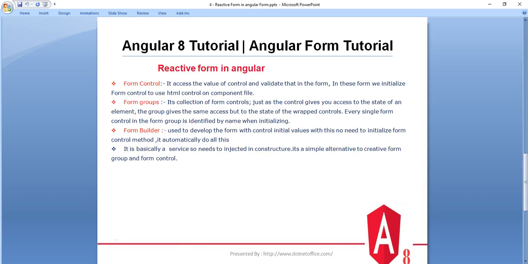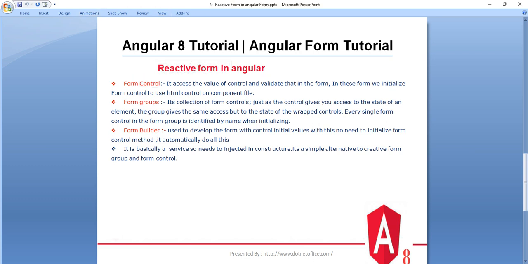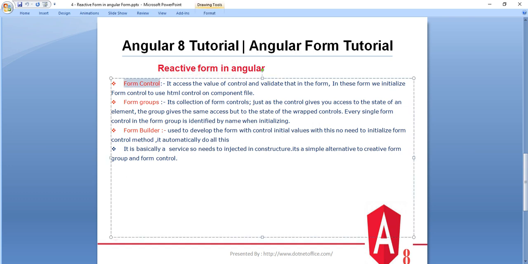As I explained, form control is used to access the value of the control, or what we can say, to validate that form. Form control we declare at the control level, and it is used to give the value of that control. And form group is basically a collection of the form controls, which is used to initialize the form group, and under this it is used to initialize the form control.